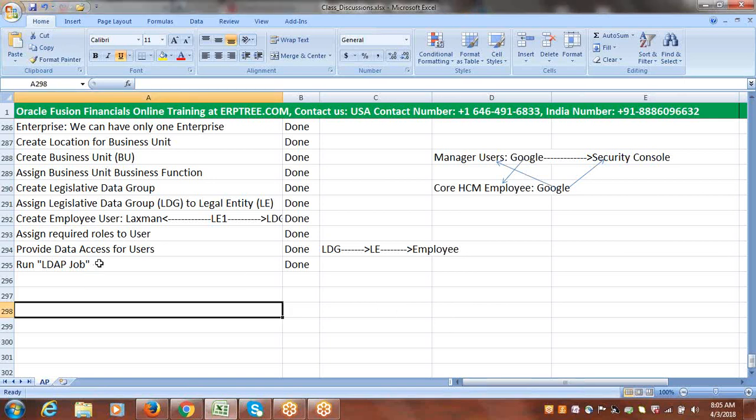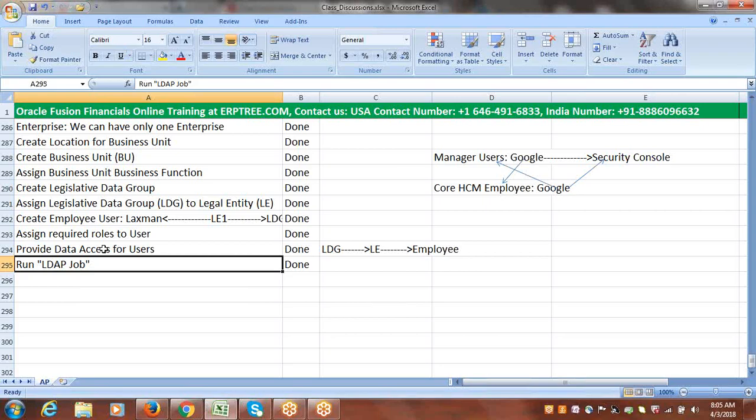So in the last session, we completed up to the role assignment to user, right? So we created a new user called Google. And what roles did we earlier assign to the ERP3 user? The same roles we assigned to this user, and we provided data access for the same, and we submitted LDAP